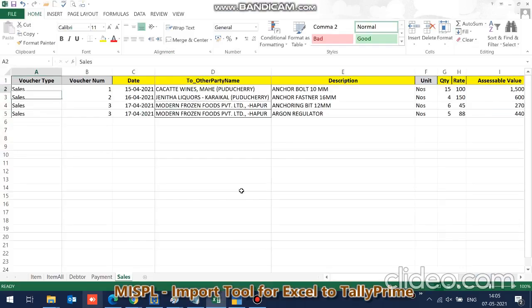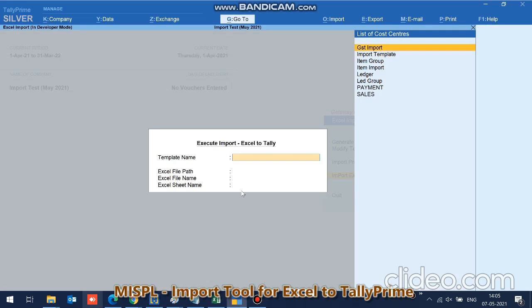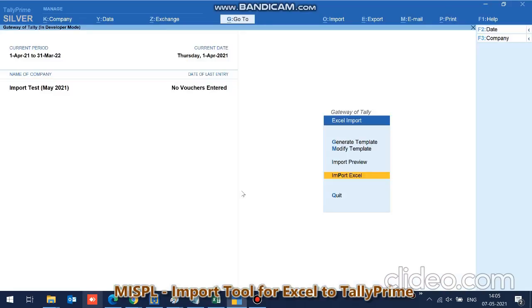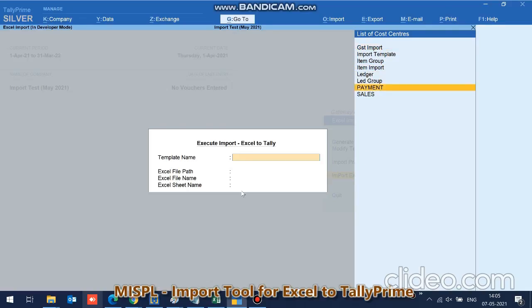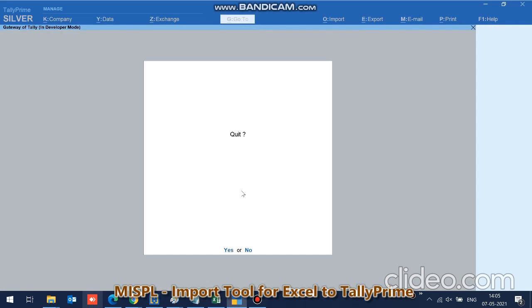So we see we don't have any voucher here, and in this we have mentioned three vouchers, 1, 2, and 3, with two items. So I go to import Excel.